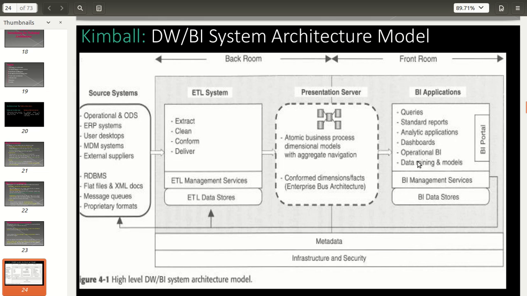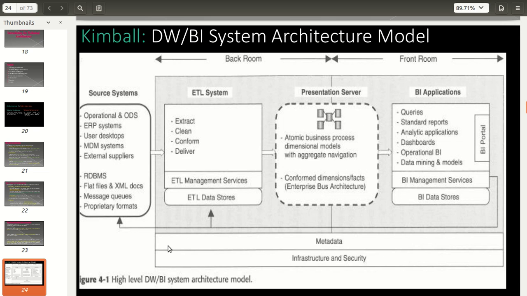These are the major parts, and here you have to provide the source system, which is the input data to the ETL system. Whatever data results after processing in the ETL system is uploaded on the presentation server, then extracted using different BI applications.